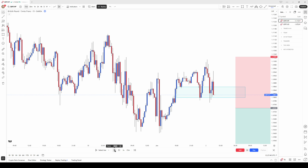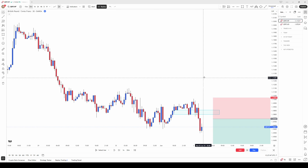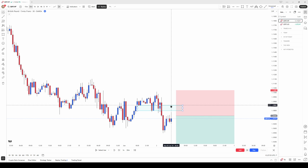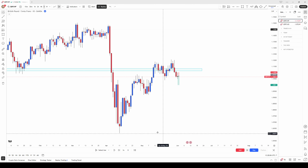I believe I checked the 15 minute and I saw this. I'm like, no, it's too messy. So I went on to the 30 minute and I found this. We had our accumulation. We had the break. We're about to get the retest. There it is. And then engulfing. Entered right after, stop loss set above, take profit right where it would pass my account, and just